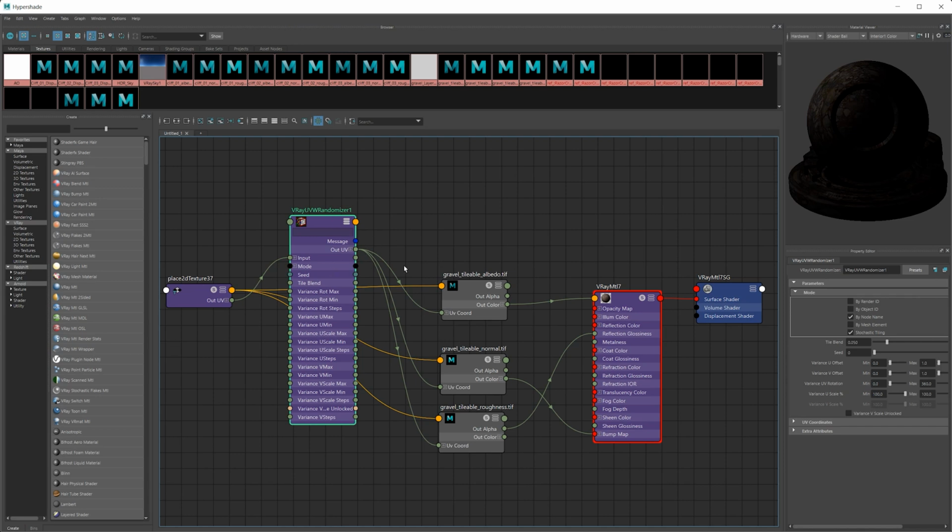So this is probably a lot better than what I show you in the next part here. But based on our camera angle, it's not really important and we're not going to notice any tiling. But if you move your camera down and you pull back a bit, you will probably notice tiling. So I would recommend this workflow if you are looking for a quick solution for doing some randomization. Just remember to turn on stochastic tiling.